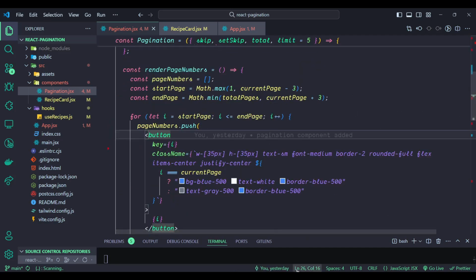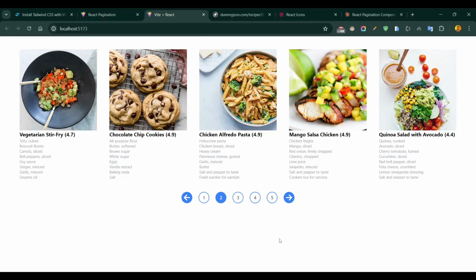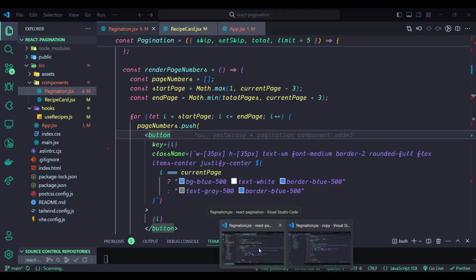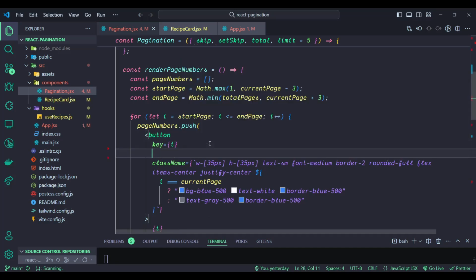Okay, one more functionality an interviewer might want to ask. If we click on the number 4 page, right, we are not moving right now, right? So maybe the interviewer asks to implement this. So how can we do that? It is very simple. What we can do is add an onClick here,